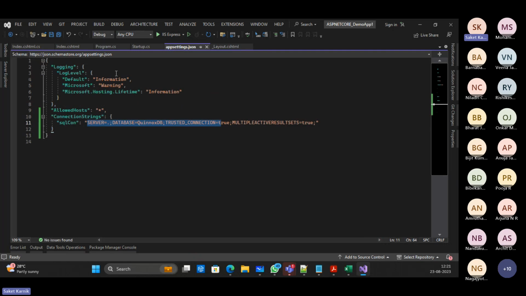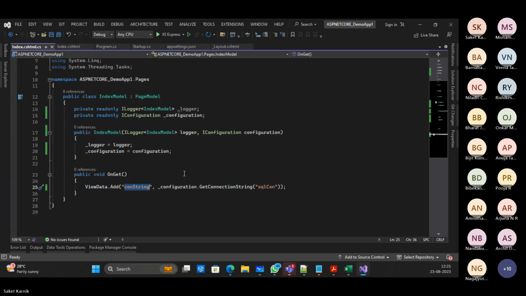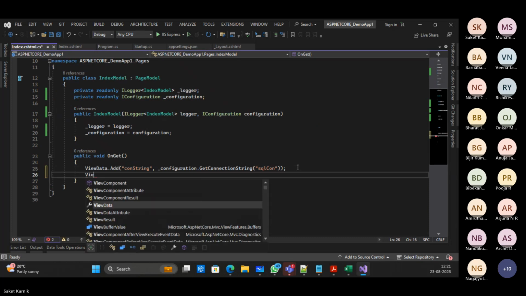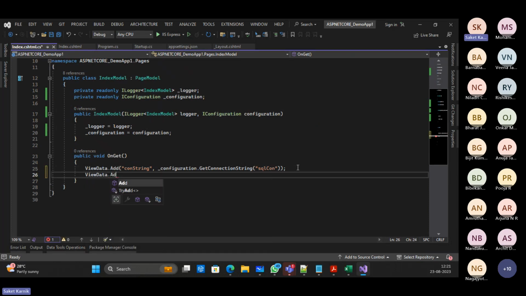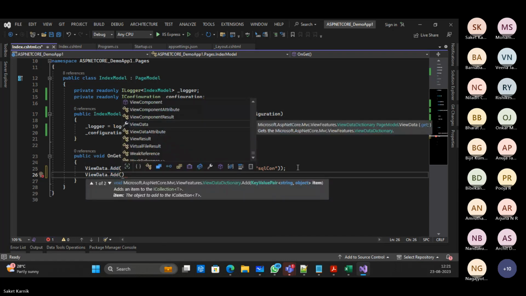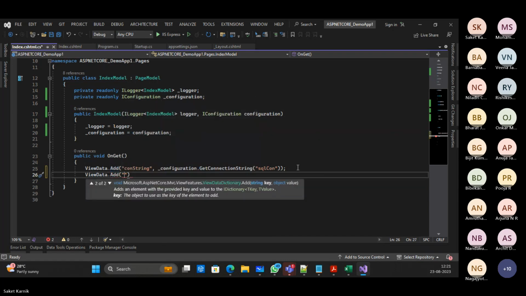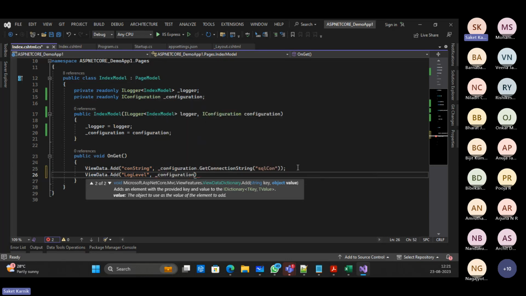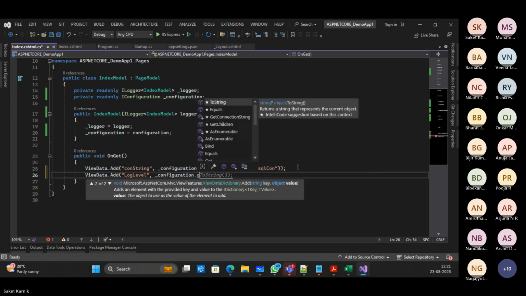So suppose I want to read this log level default value, how do I read that? I can say ViewData.Add, with LogLevel as the key, comma _configuration dot